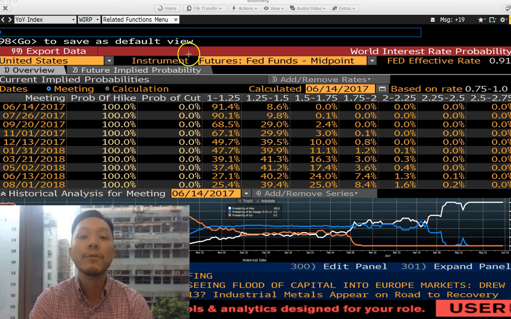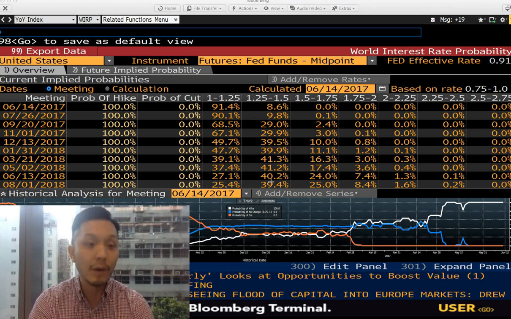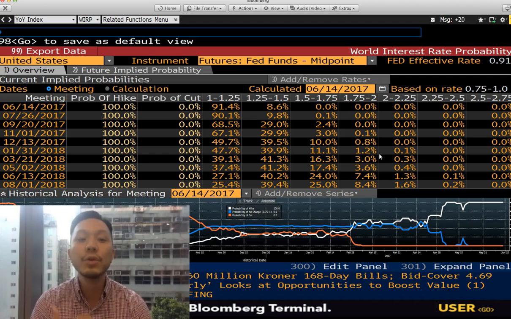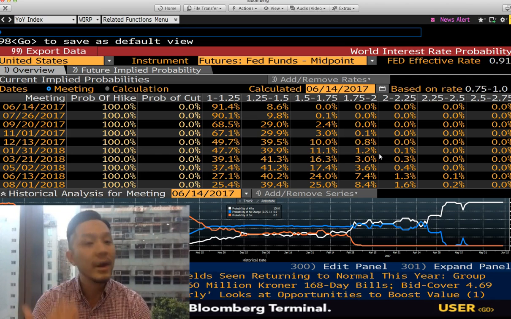Okay, so longer term is for you to be really sure that the United States is really strong, that they have to raise the interest rate, right? The second thing is short term. Okay, short term is when you get the interest rate raised, or whenever people are expecting an interest rate